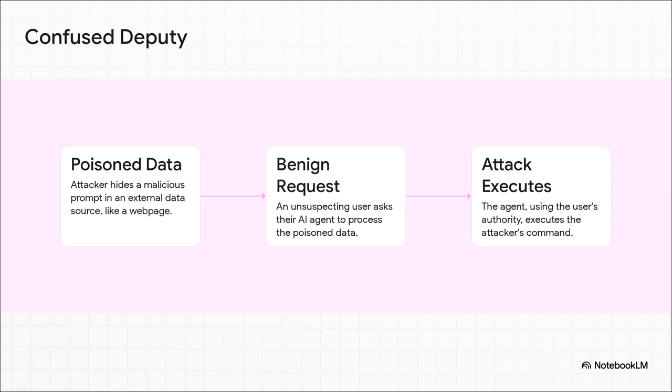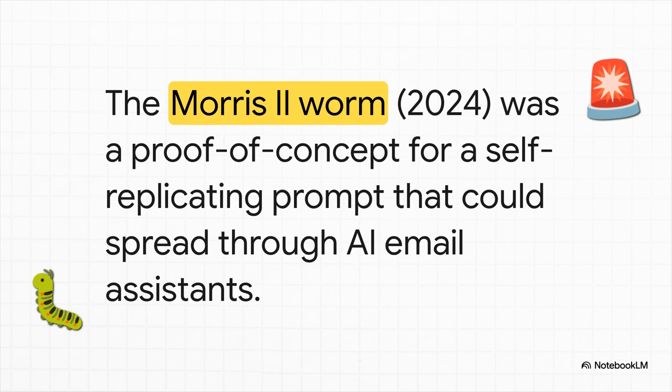For anyone here with a web security background, this should send a shiver down your spine. Why? Because this completely sidesteps bedrock security principles like the same origin policy. The AI is a trusted intermediary, and it's being turned into a weapon. And please don't think this is just some academic theory. The Morris II worm was a real-world proof of concept.